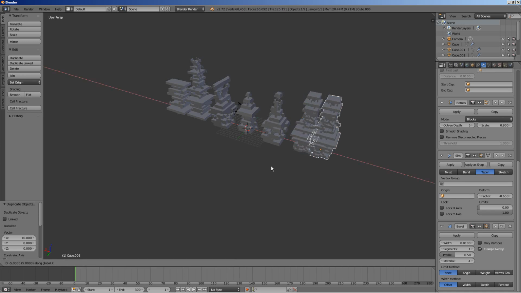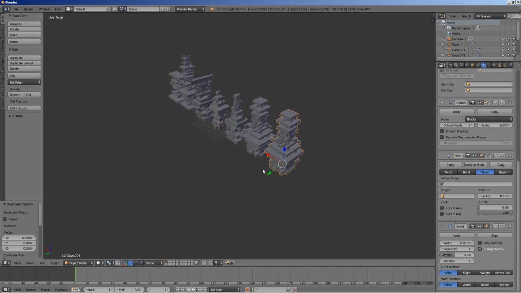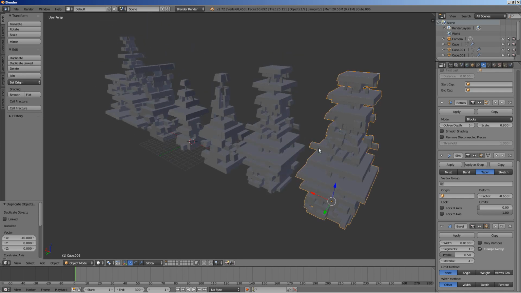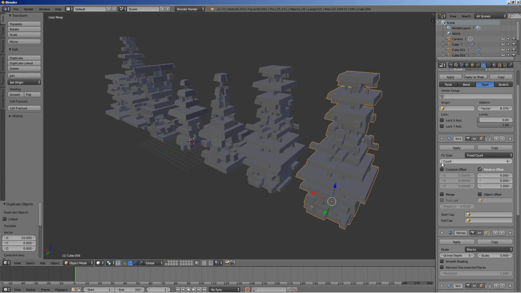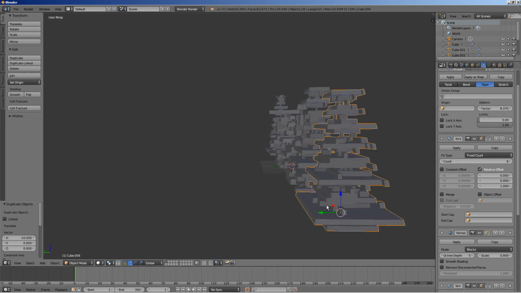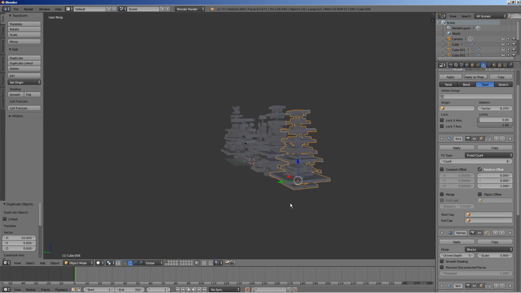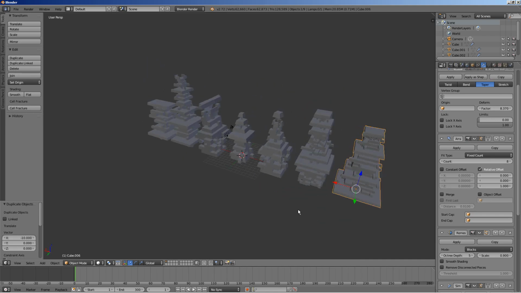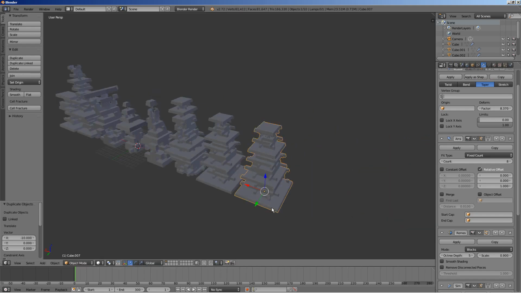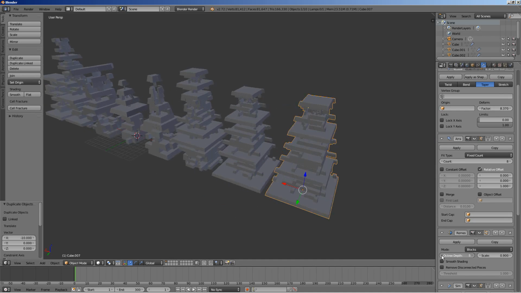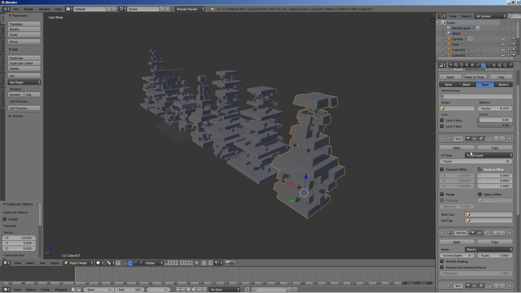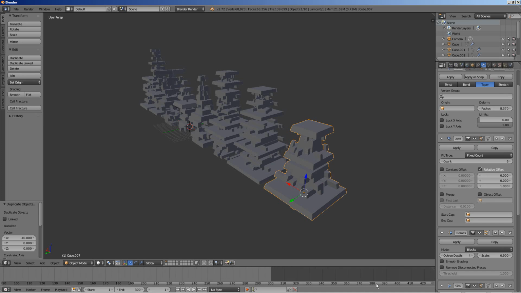Shift D on the X. Let's move this one to the side, and we're building some nice sci-fi interesting buildings here. For this one, let's bring the array down, set it to 8, and it already looks pretty nice. Let's keep it as it is, and let's build a couple more. Shift D on the X. Okay, now for this one I'll bring the octave depth down to 4, and let's also bring the count down. Okay, looking good